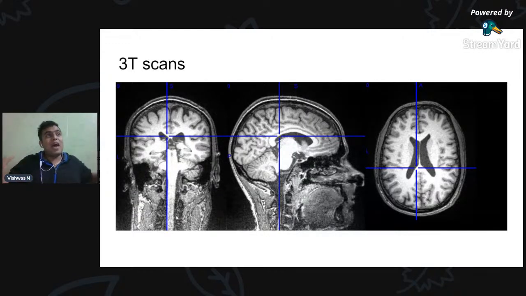But this modality actually is not that accurate when you're trying to diagnose some congenital diseases or some heart diseases or